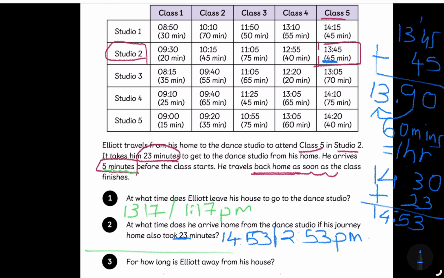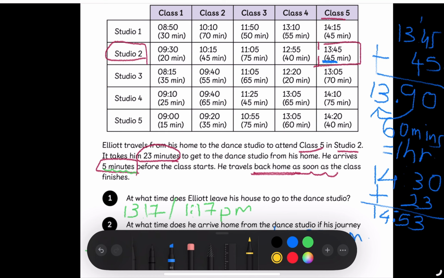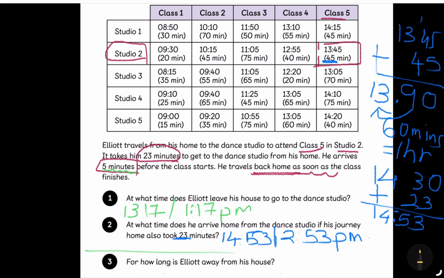Let's go to the last one. For how long is Elliot away from his house? So now we know the starting time, we know the end time, right? Therefore, we will subtract our starting time from the end time. So my end time was, let's change the color this time, all right, for the third answer, I will say 14:53 minus